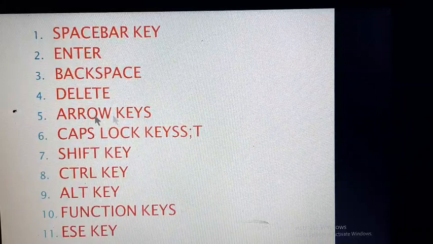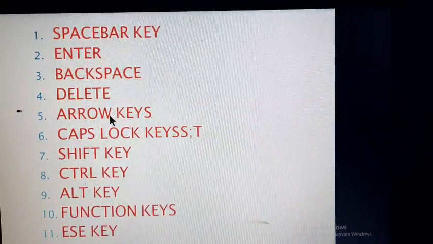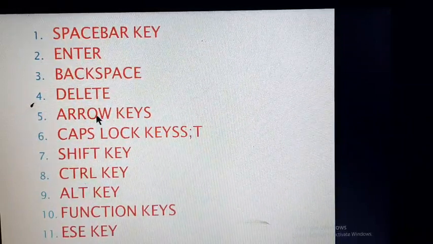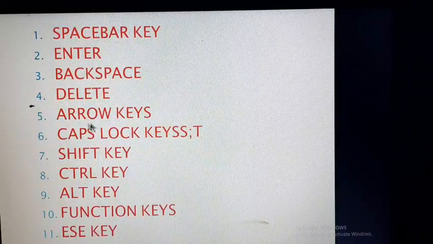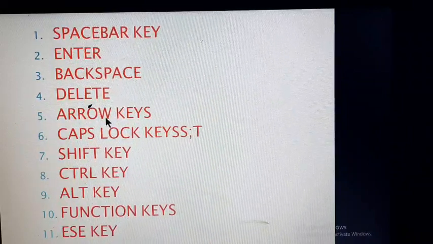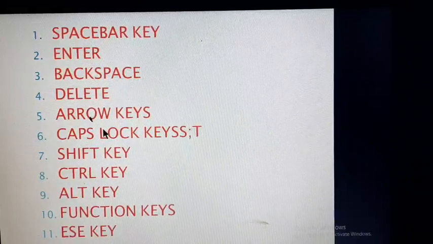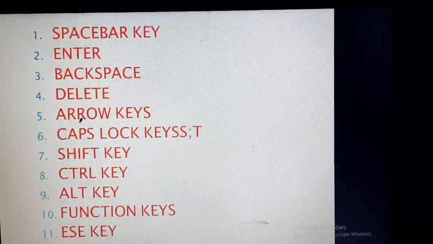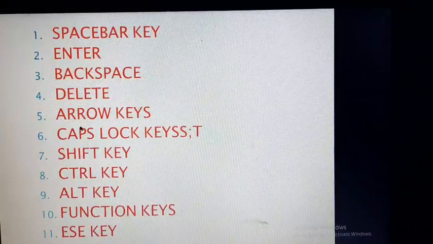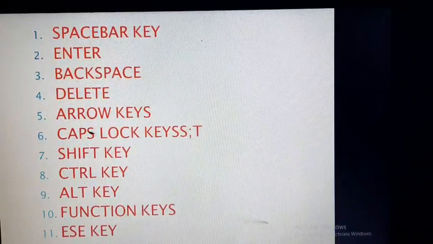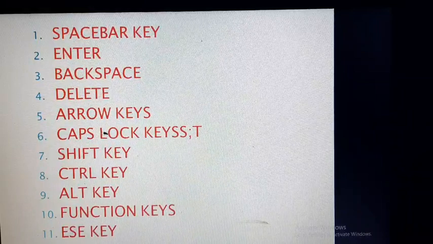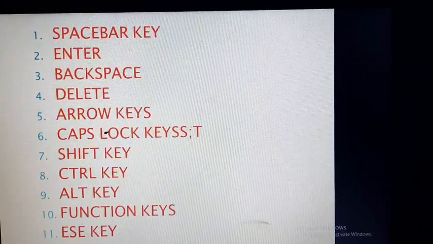Arrow keys, there are four arrow keys: up, down, left and right. Up arrow key is used to move the cursor one line up. Down arrow key is used to move the cursor one line down. Left arrow key is used to move one character left. And right arrow key is used to move one character right.